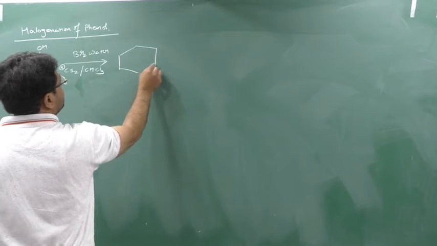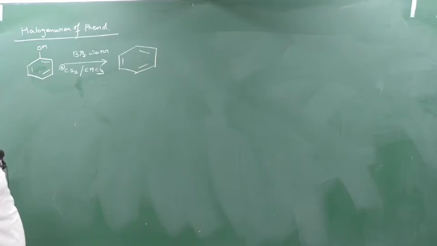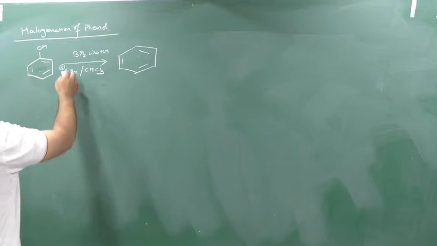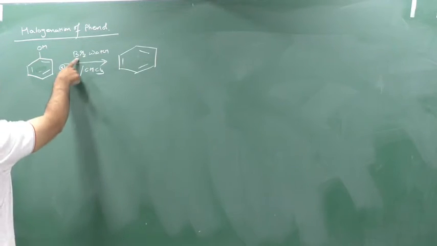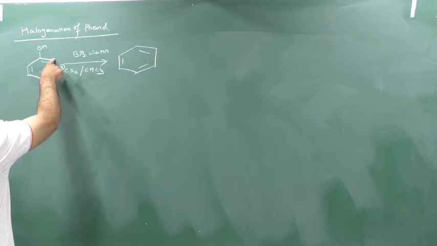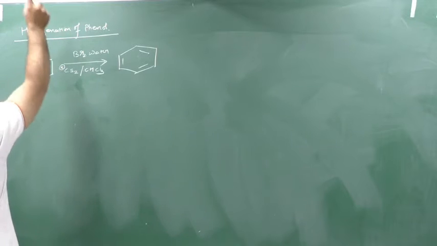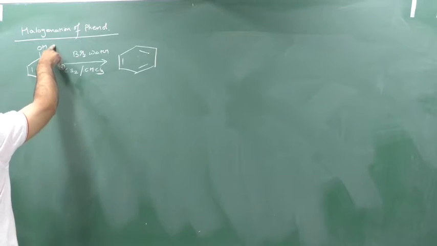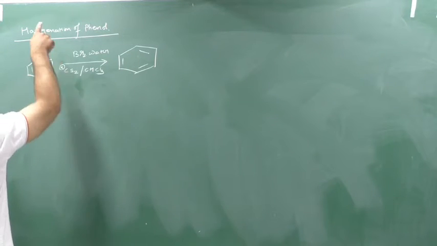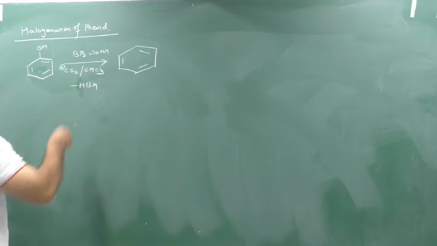They will form ortho and para products. Why? Because the negative charge is seen on the ortho and para positions. That's why the incoming group will attach at ortho and para. I will show the mechanism. Out of the two bromine, one bromine will attach here or here. When one bromine attaches, one H has to come out, and that H will react with the other Br to form HBr. And here also electrophilic substitution reaction will occur.